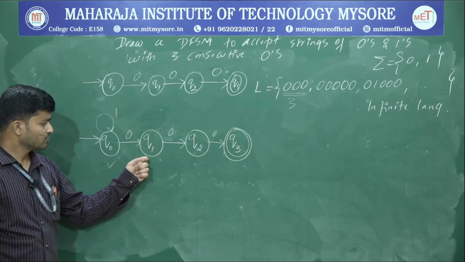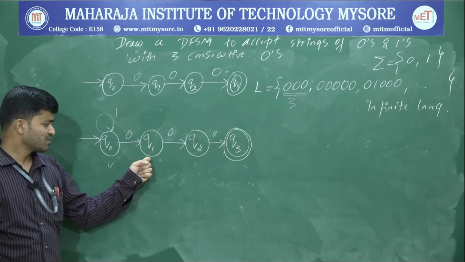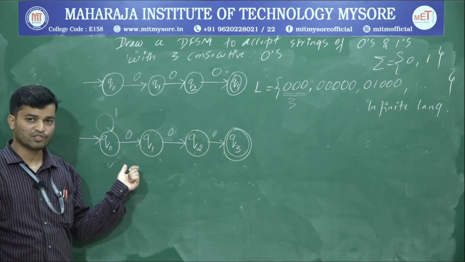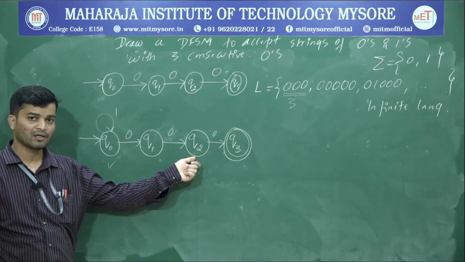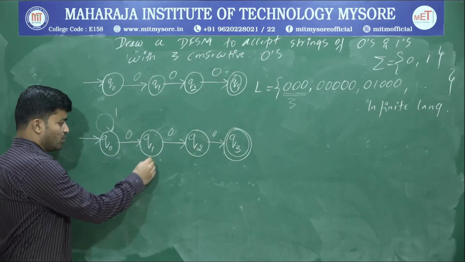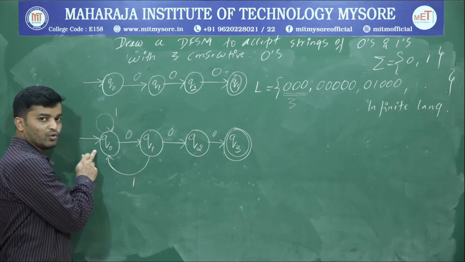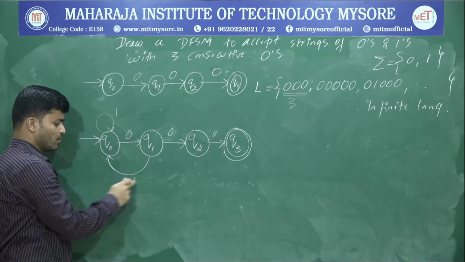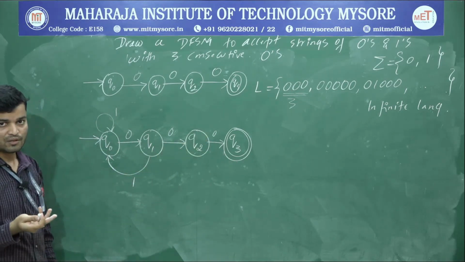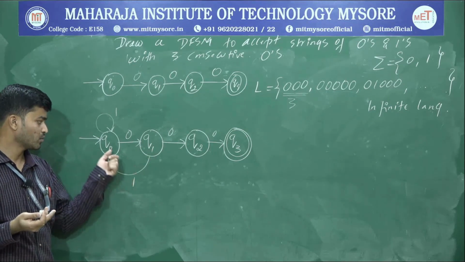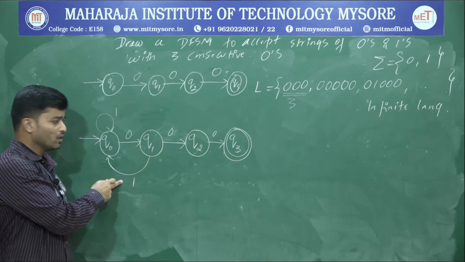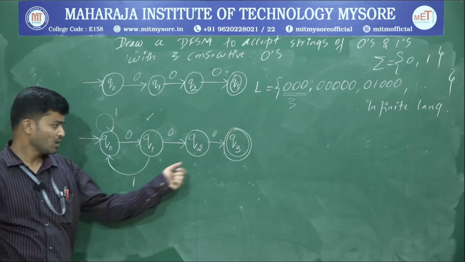If loop is not a valid option, then I have to connect with the next immediate state. Just observe, there are 2 next nearest states. If I connect here, I'll get 3 zeros. If I connect here, I'll not get 3 zeros upon 1. But if I connect here, I'll get 3 consecutive zeros. Therefore Q1 upon 1, you connect with Q naught. n number of ones, 1 0, again 1 1, and before going to the accepting state, it will accept 3 consecutive zeros. Okay, so connecting Q1 upon 1 to Q naught is a valid option. So now if you observe Q1, there is a path for 0 and there is a path for 1. Therefore this is also valid. This is also over.